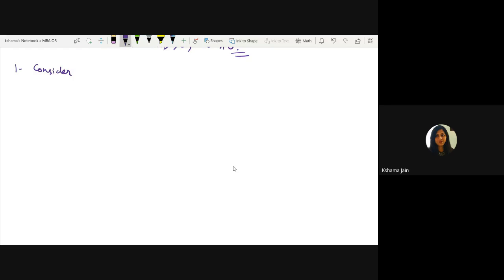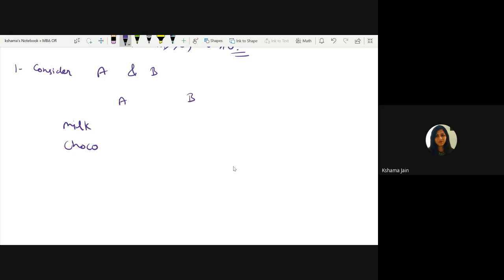They are saying a manufacturer company is making two types of chocolate, A and B. First of all, we will make a table of the data given. It's completely your choice whether you write the data in row or column. We know there are two types of chocolate, A and B. Second, these two chocolates require two components, milk and choco. If you write A and B this side, write milk and choco the other side. No issue at all.